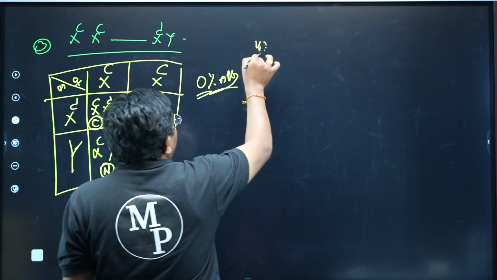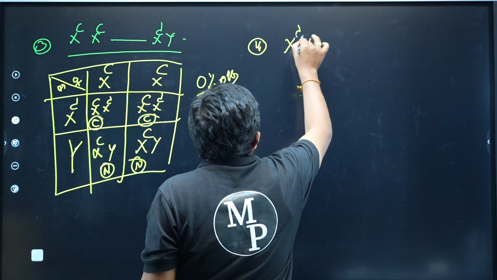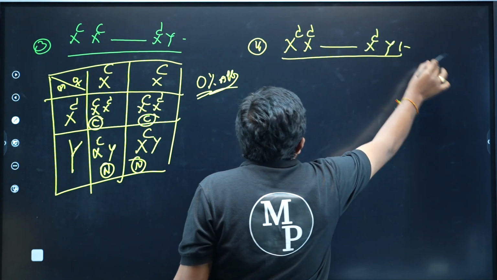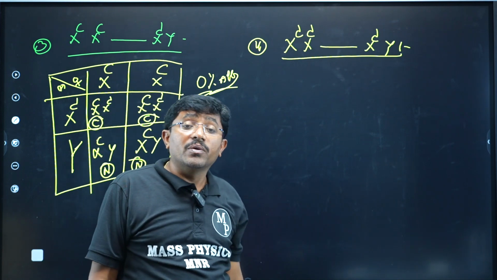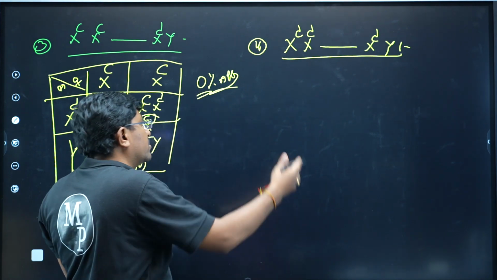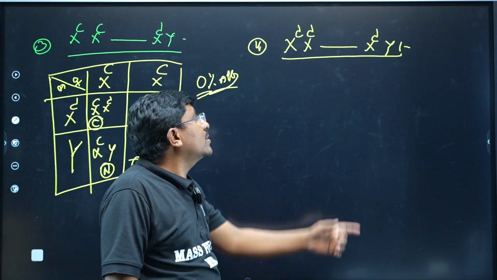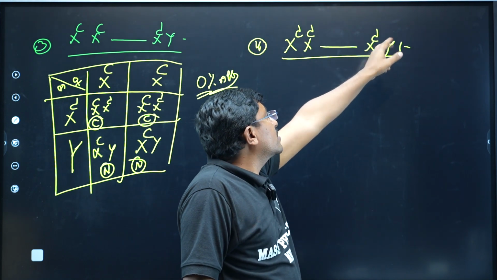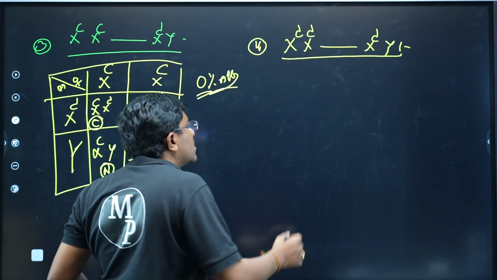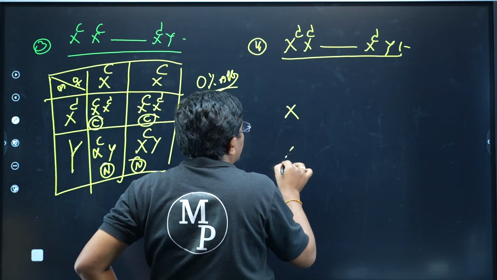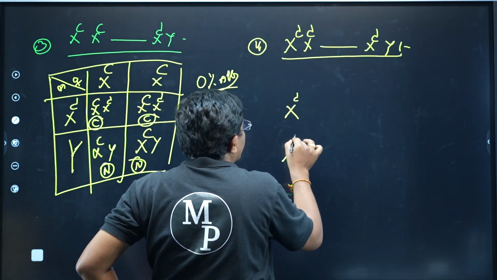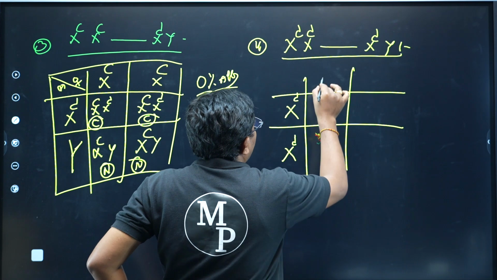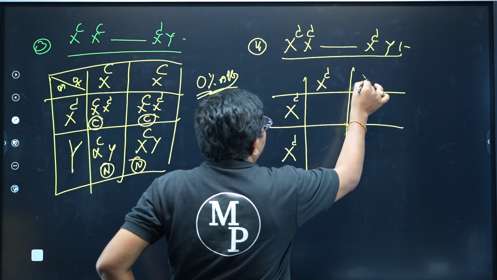And the fourth one is there. When the mother is affected along with the father also being affected, what will be the probability in their progeny? You can guess it: all offspring will be affected, because the homozygous recessive trait is present on the X chromosome. That's why all offspring will be affected. So I'll change this Punnett: small c, small c is one gamete, and X^c and Y.